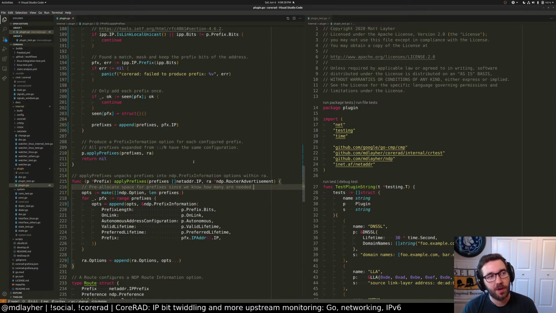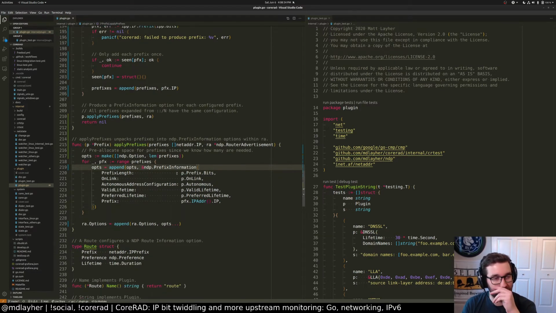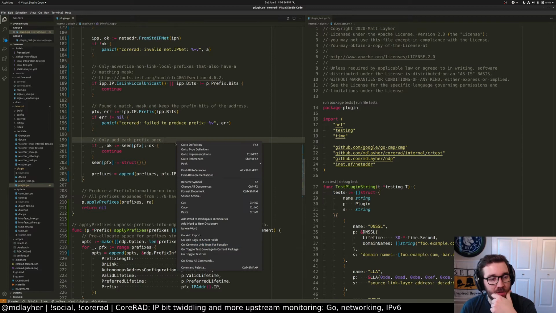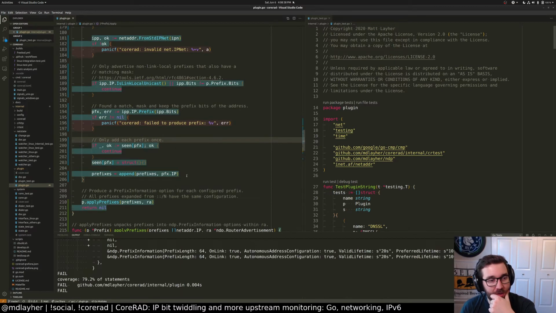I guess if I wanted to here, I could add a special case for one to just append directly, but I don't know, the whole thing's kind of silly. I'm sure this will be fine. So let's verify we didn't break anything first.